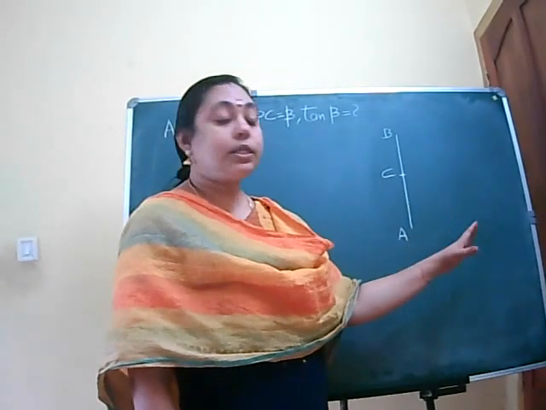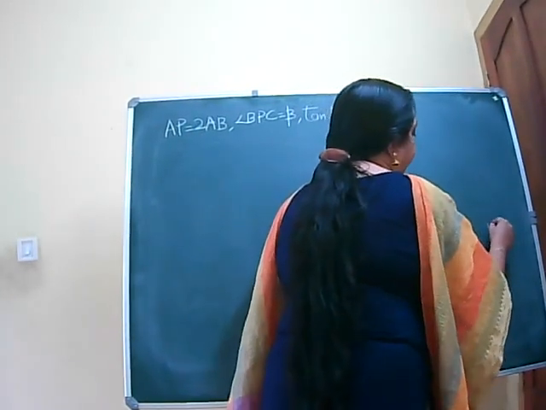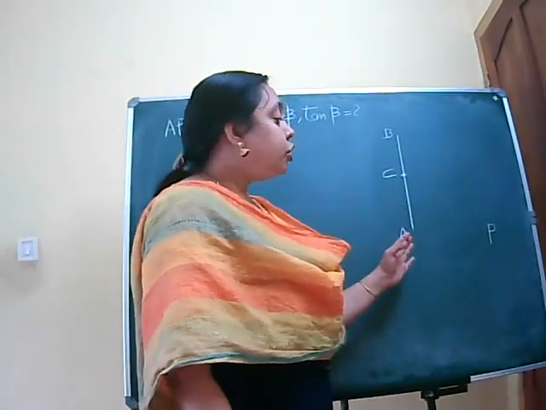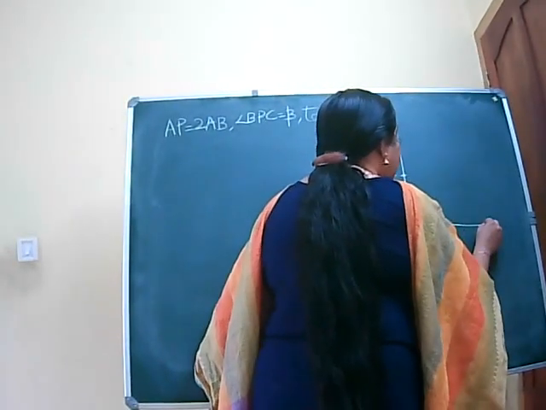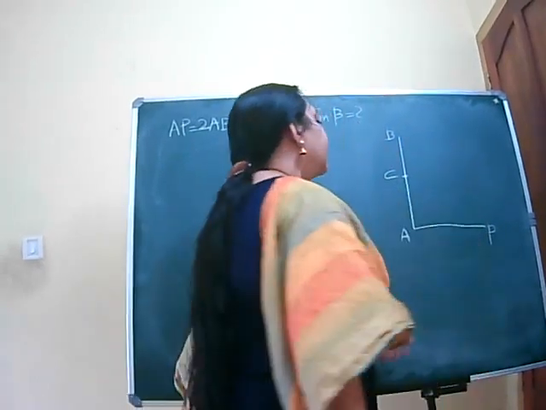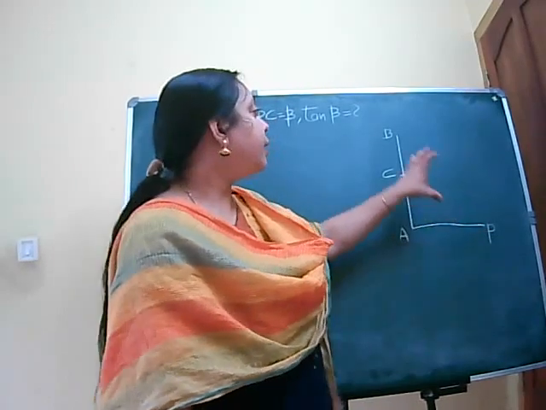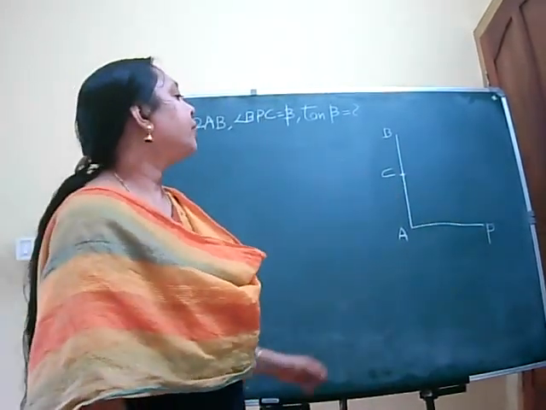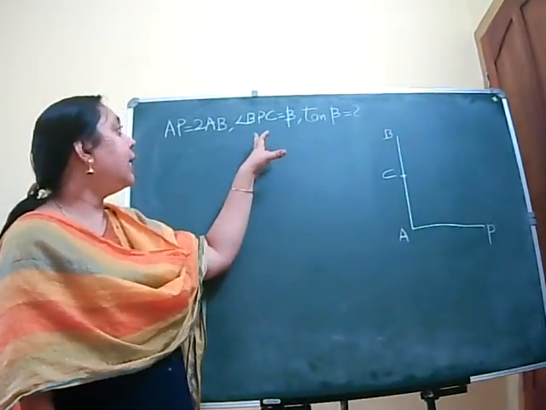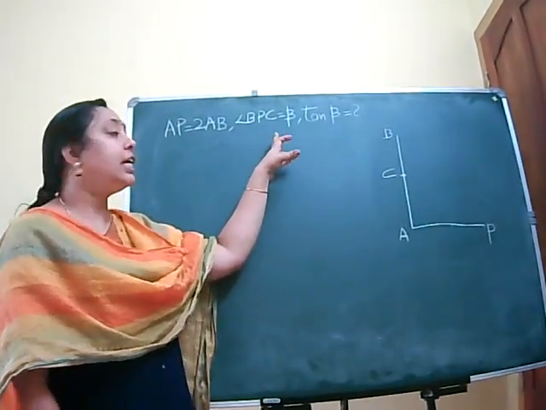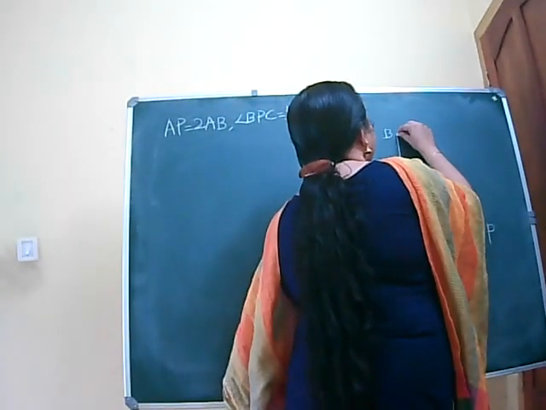Now choose another point P and join AP such that this distance AP is 2 times this distance. Now we are also given that angle BPC is equal to beta,